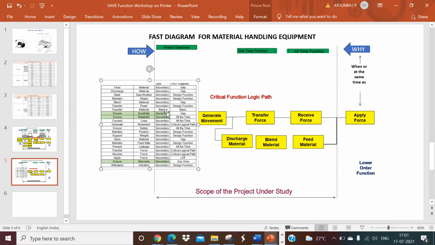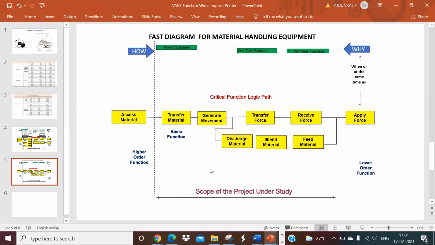Yeah, the durability is a part of design function. Yes, we completed. Store material is blending. So where to store the material? That is blending. So store material is one thing. Okay, so first you are going to store when you are feeding the material, what happens is, if this feed material is going to happen or no, it's not that feed. Store means store material. Where are you going to store material? So this one you have to find a proper way because this will help.